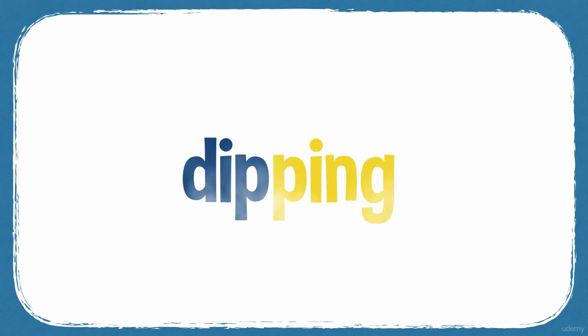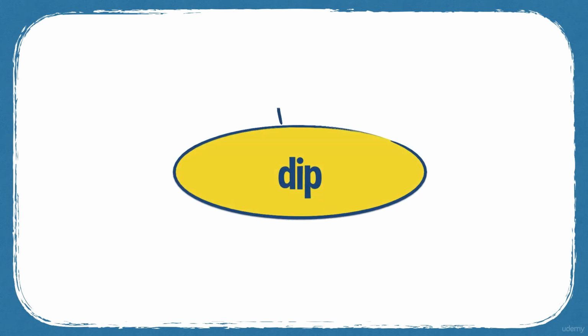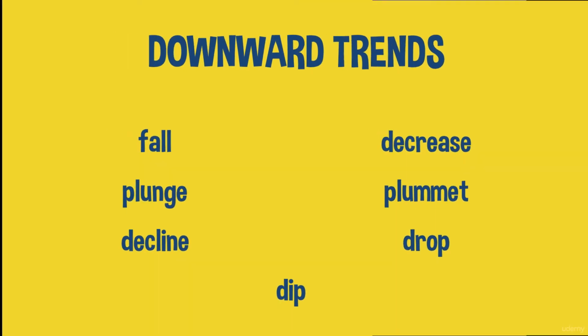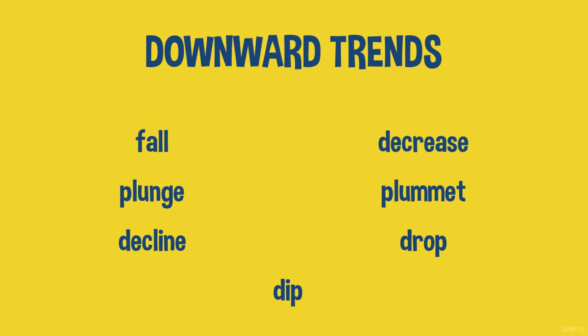So here are the verb forms. Again, double P's there, just like with drop. And some synonyms for dip. None of these are exact synonyms. Drop and fall don't give the sense that the numbers go back up afterwards. But dip is often used with downward, but remember there are slight upward increases afterwards too. So there are your 7 downward trends words: fall, decrease, plunge, plummet, decline, drop,